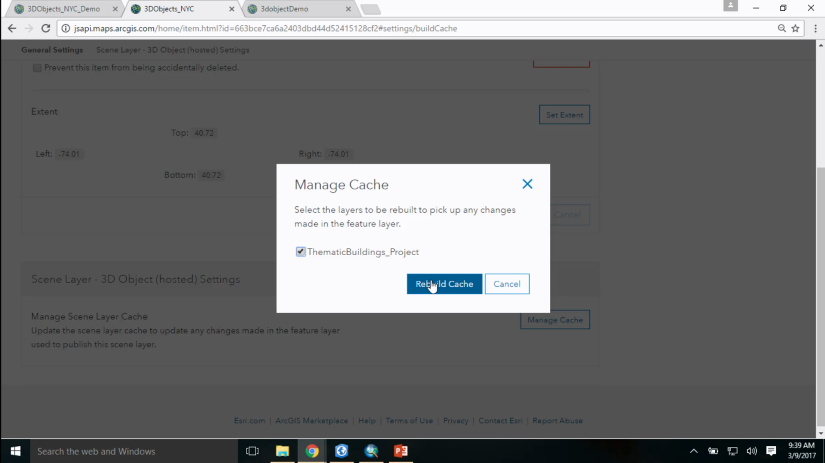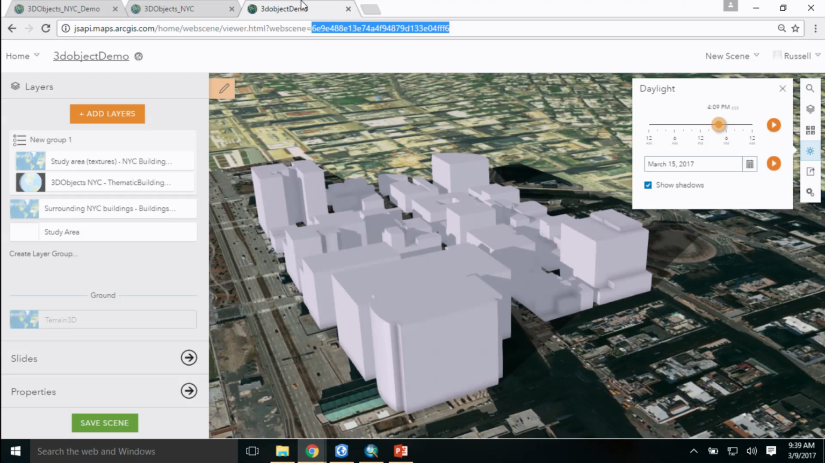So that's what I was talking about with the rebuilding of these scene layer caches, so you don't have to delete it and redefine the item ID and update any scenes, web scenes that might be leveraging this actual scene layer. This is how you would actually update them and keep everything up to date. So to show